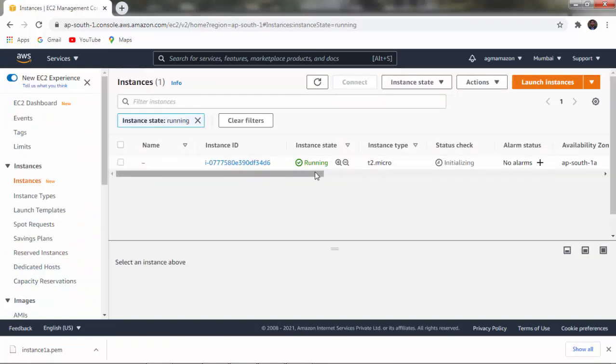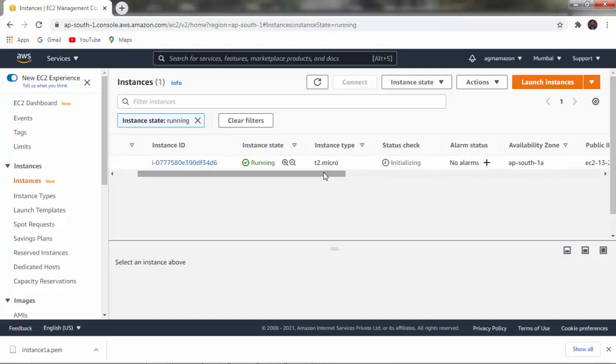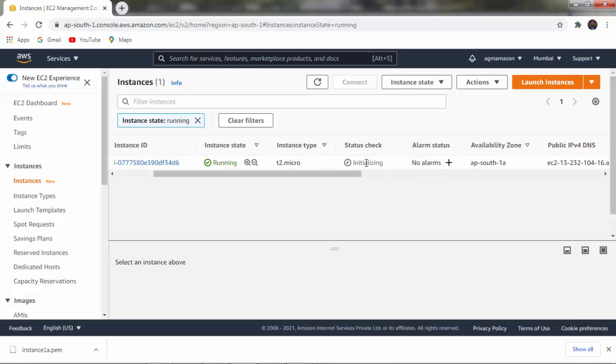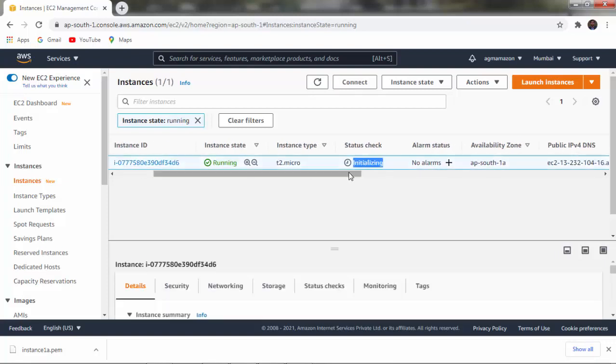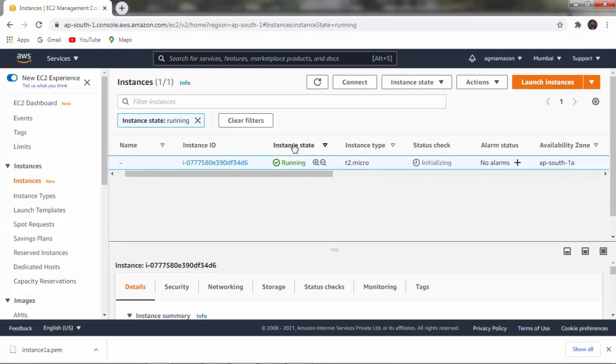Now here you can see that this is our instance. The instance state is running. Instance type is T2.micro. Instance status is initializing. It means that we have to wait until it shows 2/2 checks. So here you can see one instance has been created and the status of our instance is running.